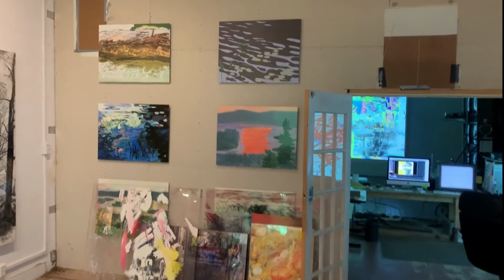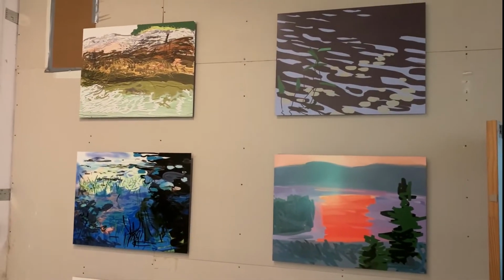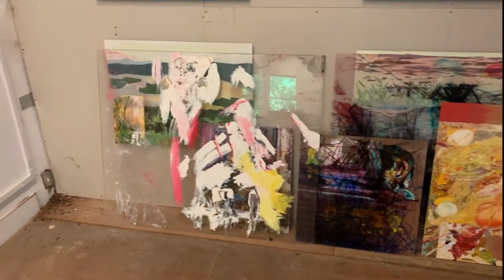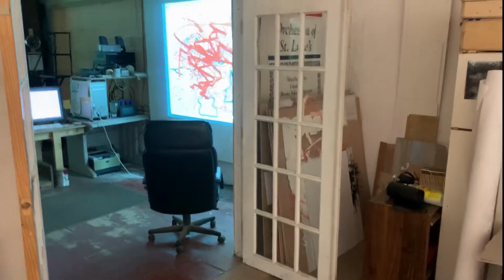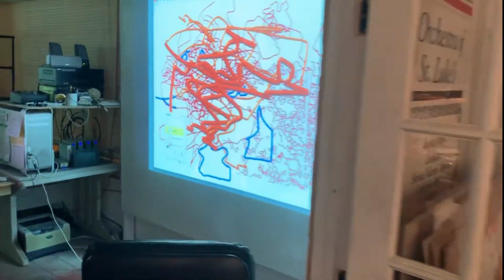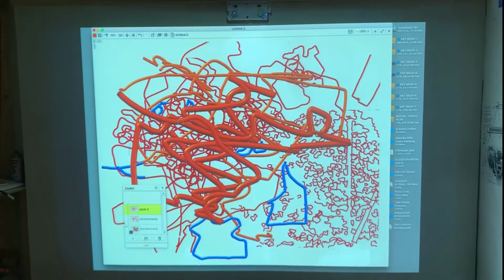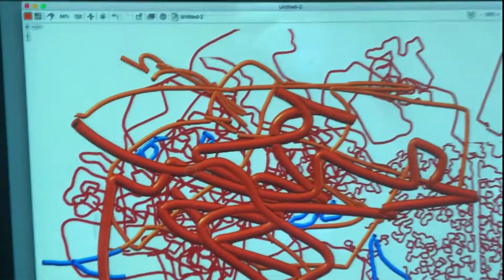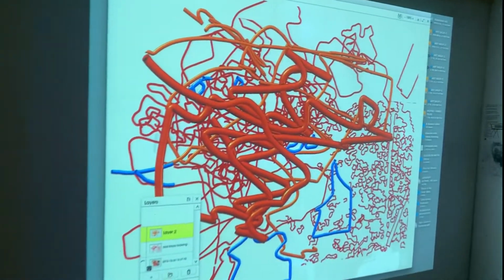It gives you a little bit of the luminosity that the iPad has, but it's still a different feel. These are clear acrylic, just globs of paint that sometimes I use to superimpose on top of a projected image. And here I have an ultra short throw projector that allows me to work in touch screen. This is a touch screen projector, and it's kind of hard to do. I can't get close enough to get a shot of it, but